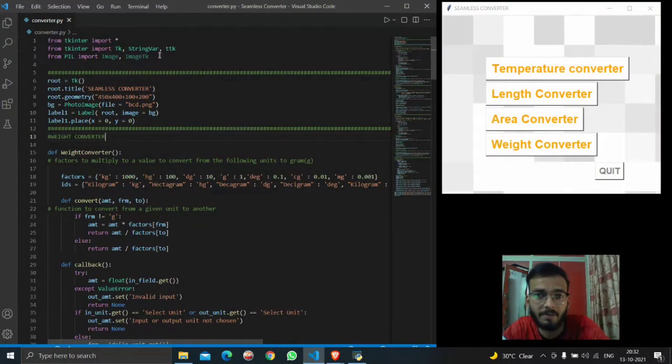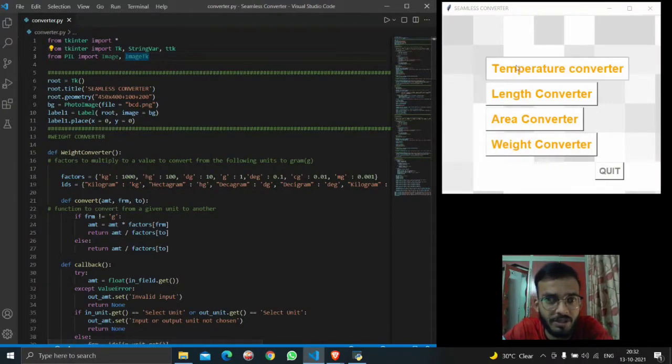Hello everyone, today I'll be explaining a Python mini project which will be used for various conversion operations such as temperature converter, length converter, area converter and weight converter. I've built this GUI application using Tkinter, and in the first two lines of the code I've imported Tkinter into our project, and then I've imported PIL, which is the Python Imaging Library. Though it has a lot of uses, in this project I've used it to display a background image